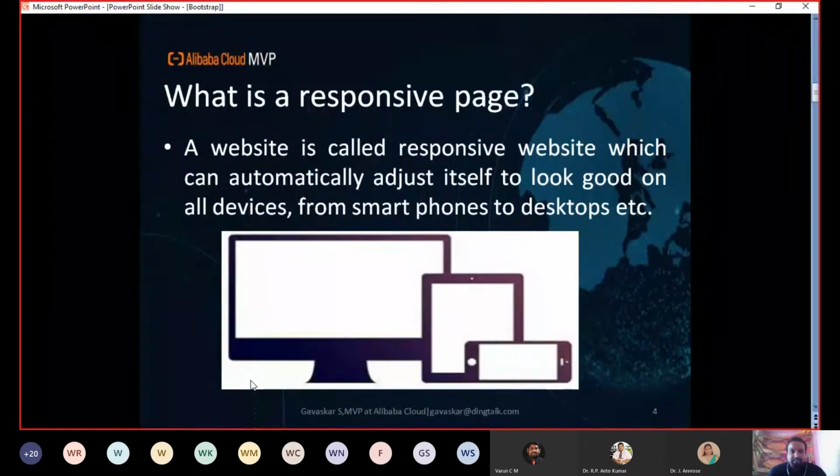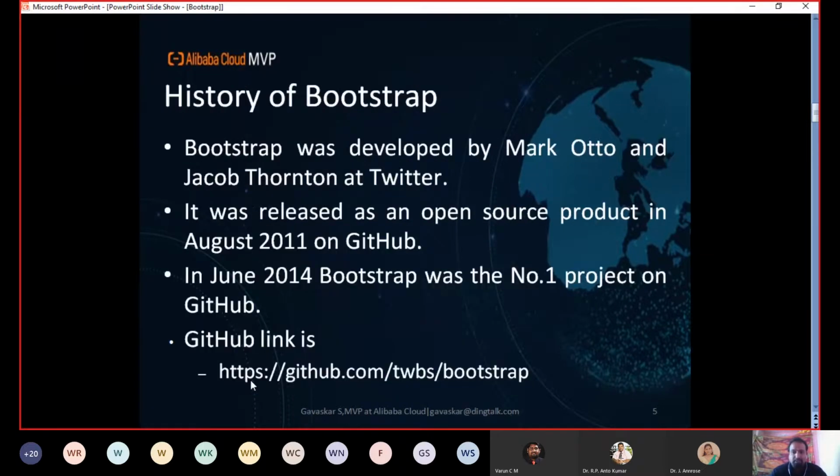Now you have to know the history of Bootstrap. It was developed by two employees who worked at Twitter. The first one is Mark Otto and the other is Jacob Thornton.